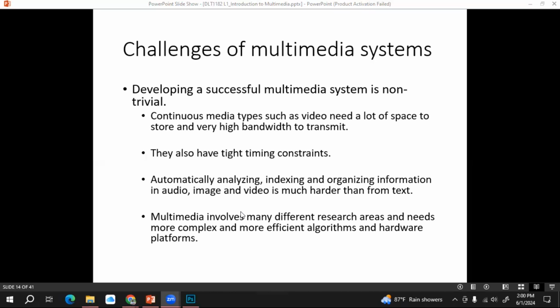We can just enter some keywords and then retrieve the text data. But audio, images, and video are much harder to analyze, index, and organize, right? This is another challenge.